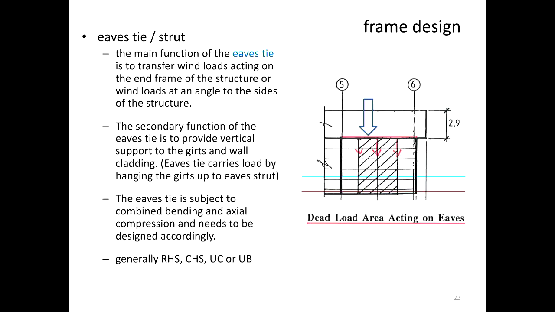So now at the eaves level of the building, when you have the column and the rafter, at that level here, you've got the eaves. At the top level where you have the eaves, you will have an eave strut which sits in here. You will have a fascia purlin as well, if you remember. I explained that yesterday. And then at that particular point as well, you will have what we refer to as an eaves tie. So an eaves tie usually is provided between one portal frame to the next portal frame,